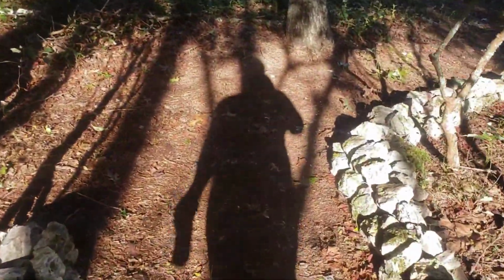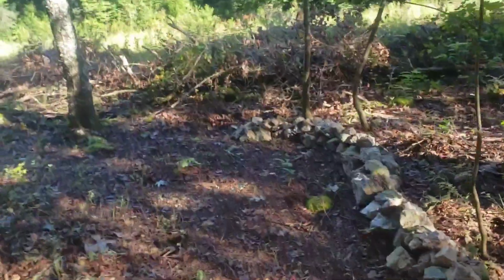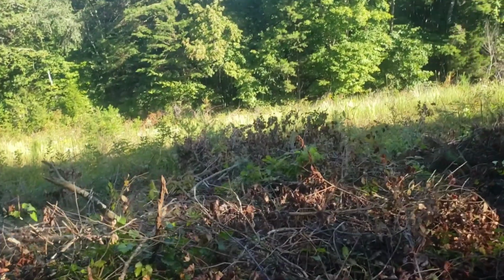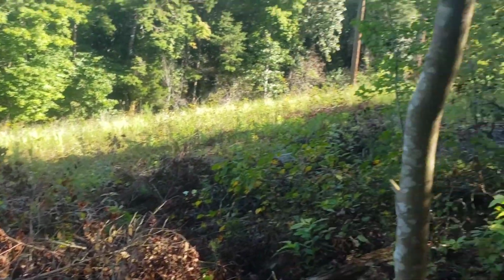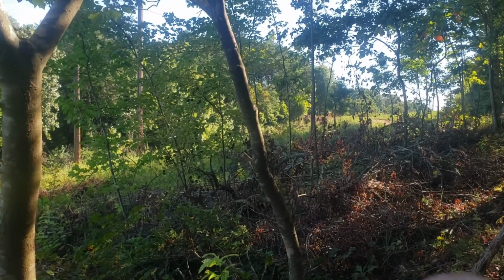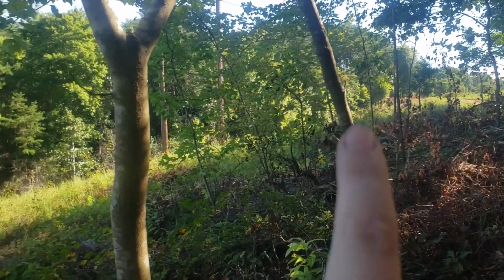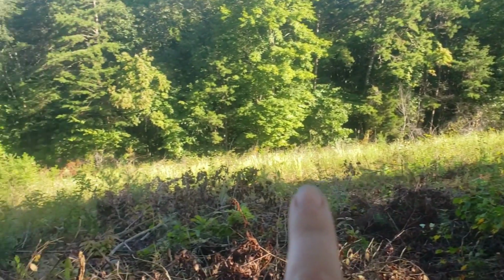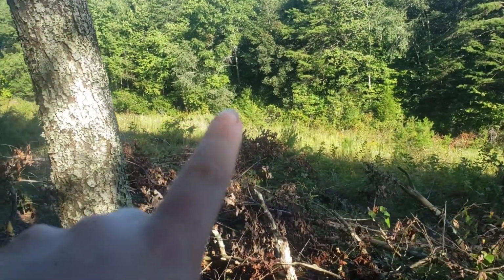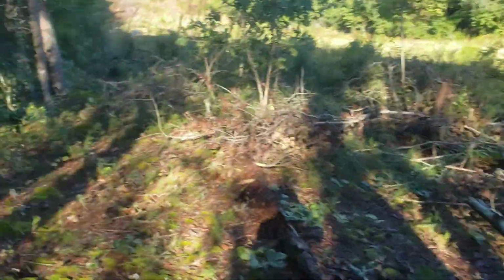But we plan on doing this little path, the little stone walkway all the way down. See, this is the field where we plan to put the cows and the goats. From up there, right over here is the driveway, so it goes down probably to somewhere over right here-ish, because halfway down the trail here,